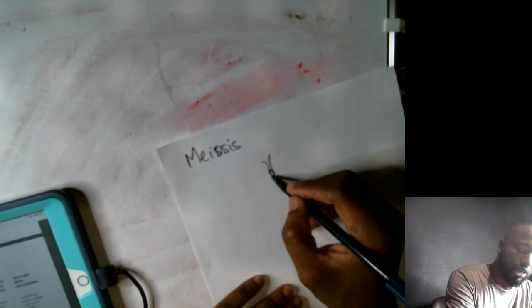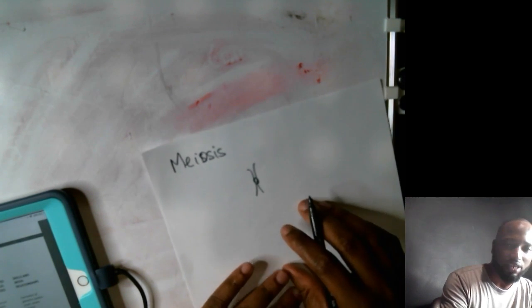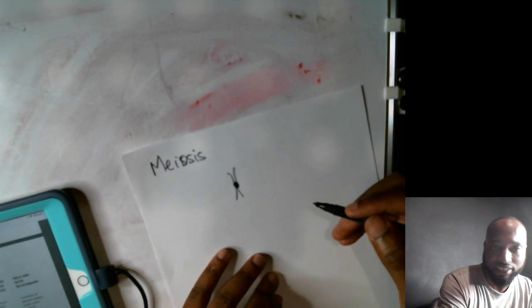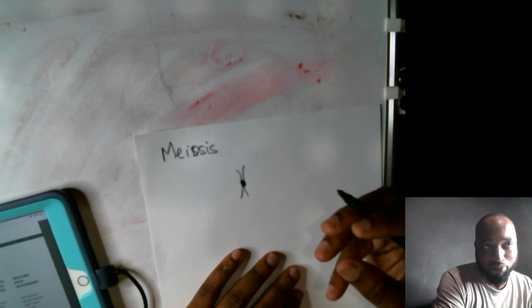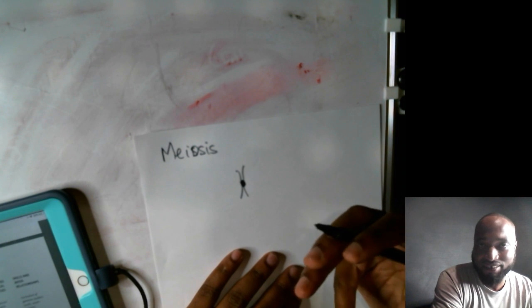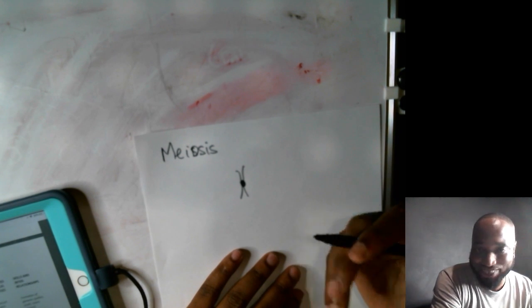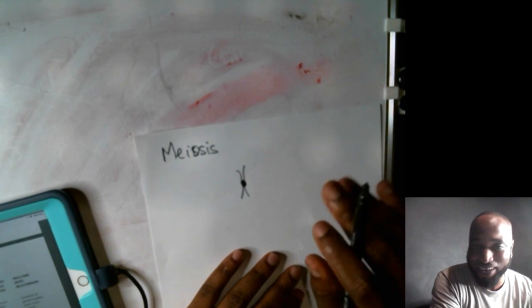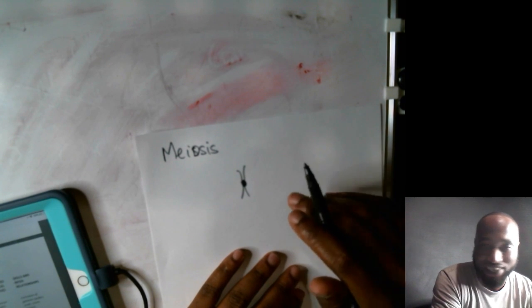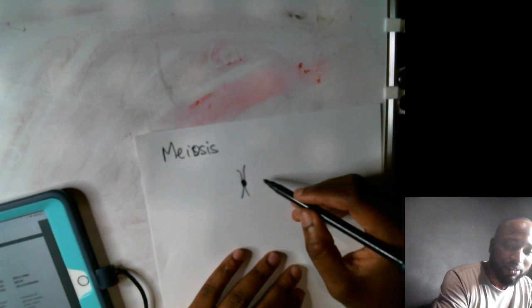So in meiosis, you start off the same manner. I'm just going to explain the key differences here. This will give you some idea into it. Because as I say, the concepts and the idea behind it are very good with me, but the terms and the names, I might be a little off in that. This is biology.